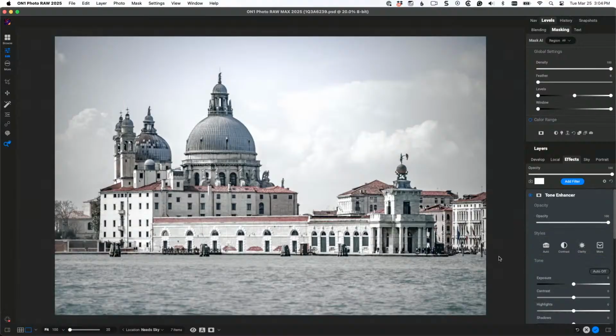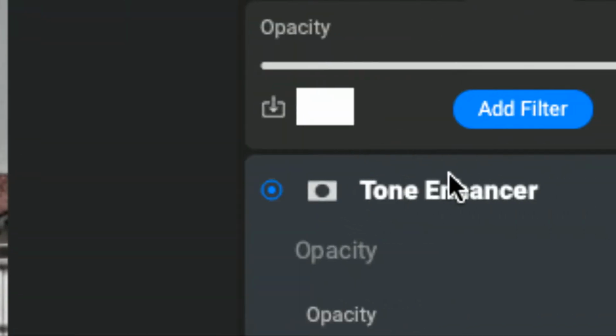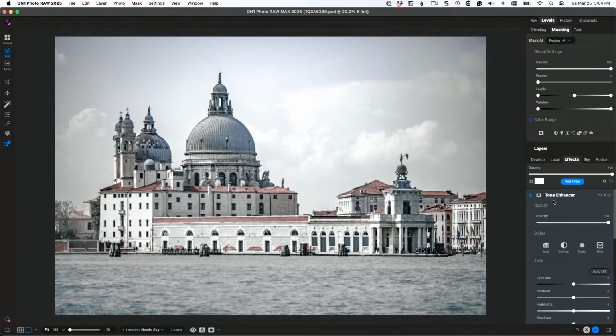How do you get to that? Well, first you're going to click right here on this little icon right next to the word tone enhancer. So I brought up a tone enhancer, but I haven't done anything with it yet. So what I'm going to do is I'm just going to click on this icon right here, and that brings